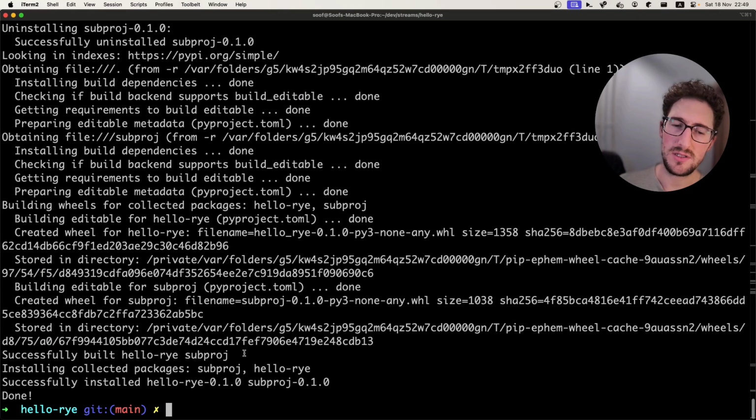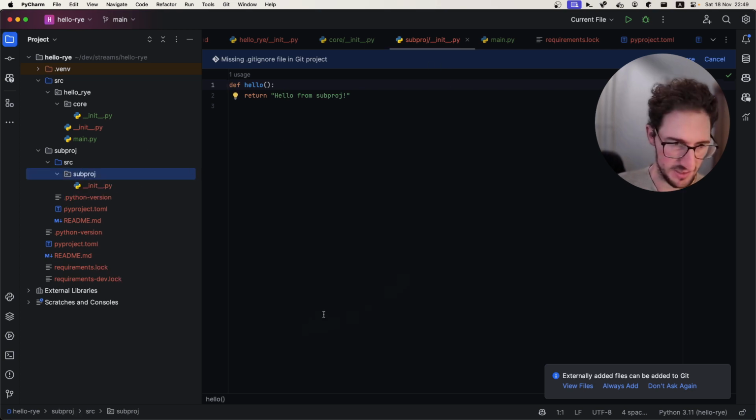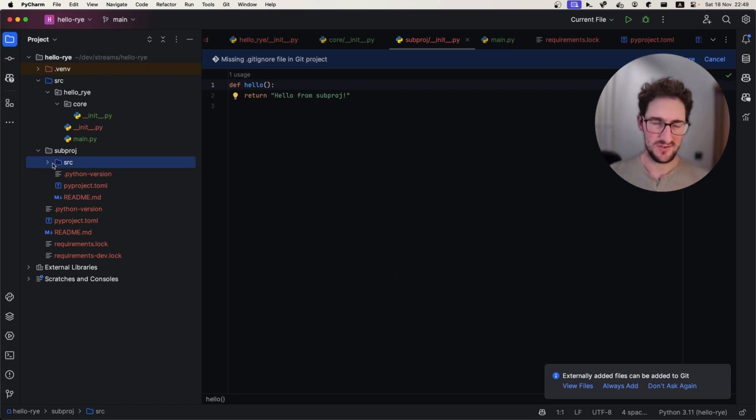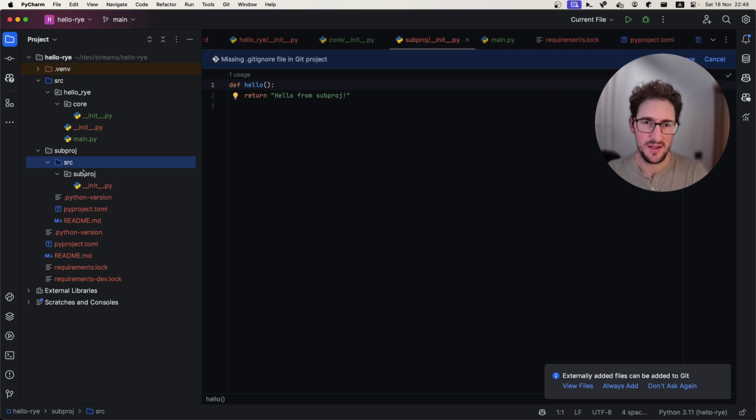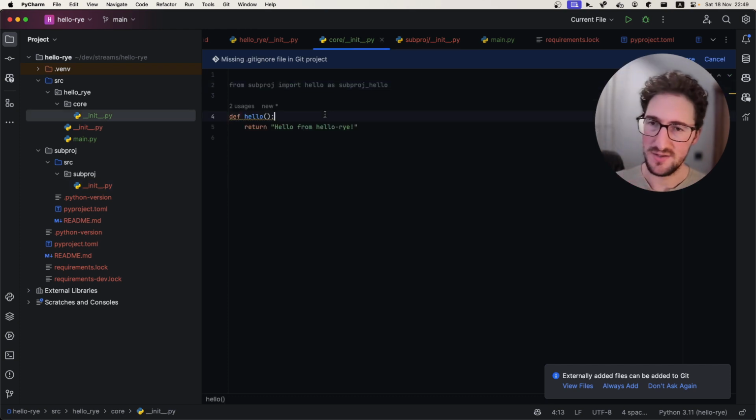So did that just work magically? It does install subproject. I think that just worked, which is not a thing that happens in the Python world. Sub-packaging is not a thing that just works. Just to make sure that this is also hello from sub-project. So yeah,